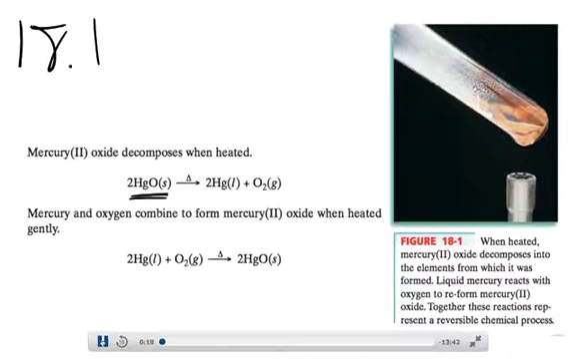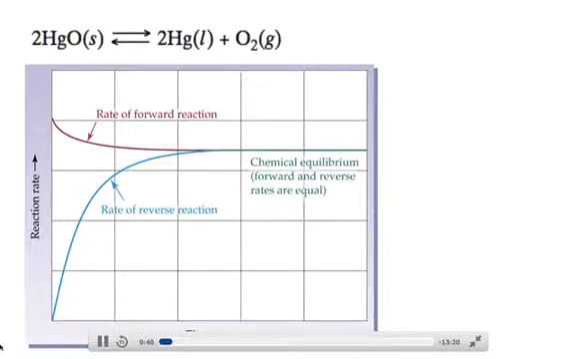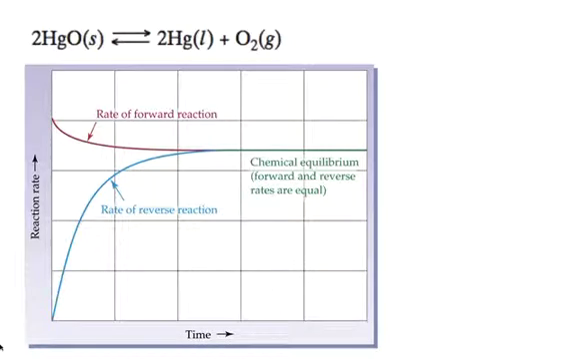So mercury oxide, this is an example from your book. If we heat it up, it'll decompose into liquid mercury and oxygen gas. However, if we heat liquid mercury and oxygen gas up gently, they'll form mercury oxide. So we have a reaction that can go either way depending upon the conditions, and actually both of those reactions will occur simultaneously. This is when we draw this double arrow to show that this